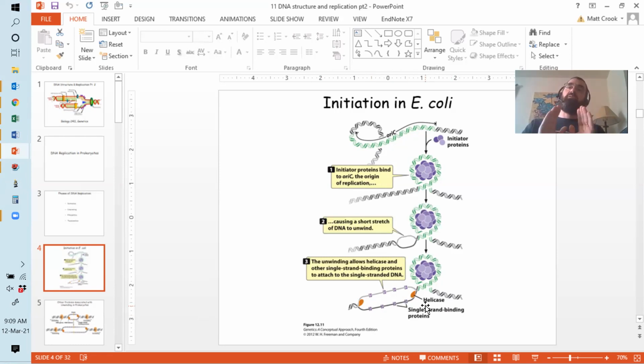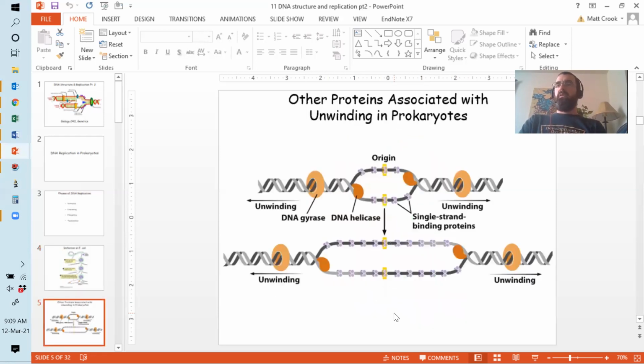And this is going to continue this process. So it started here by popping open the double strands, and now the helicase is going to continue that process all the way around, literally until they meet on the other side of the chromosome. Okay, now